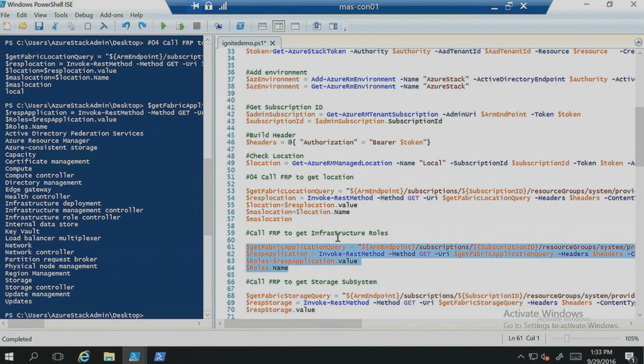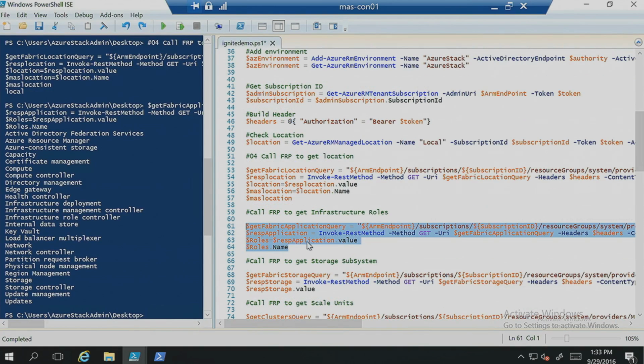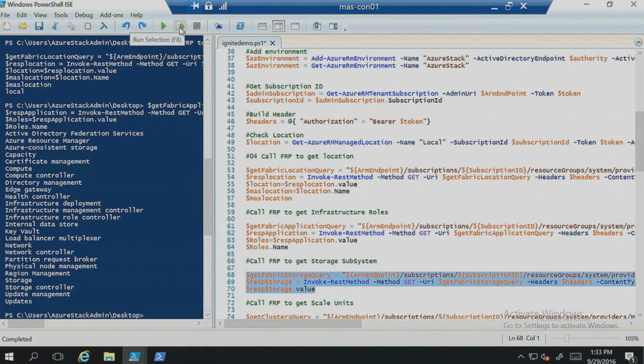Now what about calling an object that is not displayed in the UX? Let's call the storage subsystem. Let's see what we can retrieve and learn about our storage subsystem.